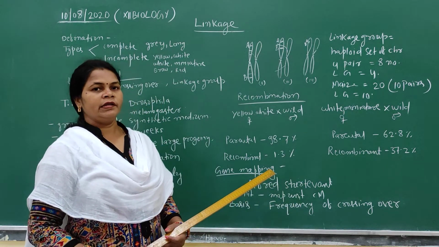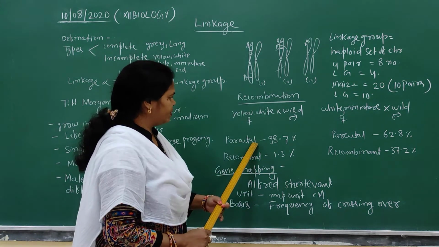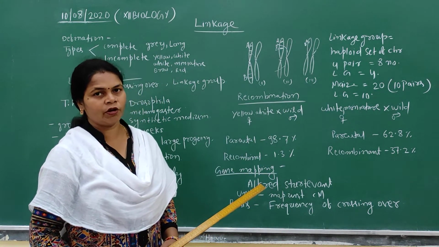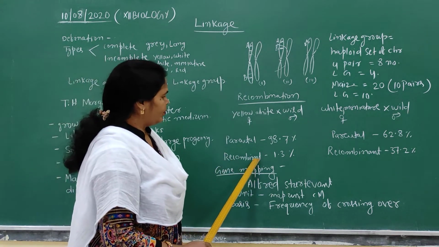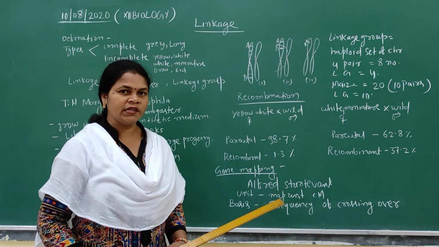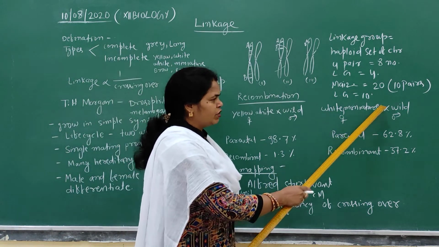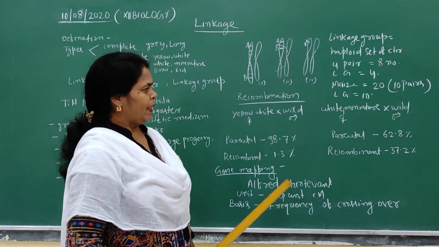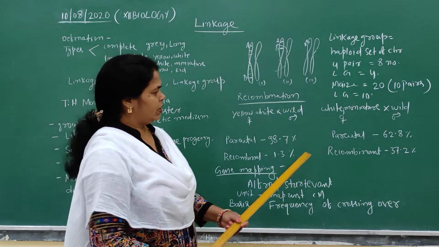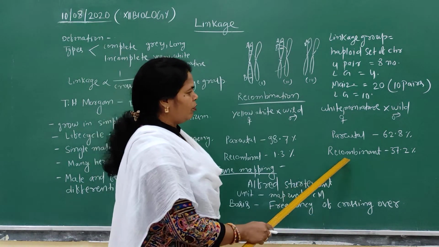and he obtained the offspring in the F2 generation in the following ratio: 98.7% parental type offspring, and 1.3% recombinant type offspring. Again, when he crossed the white-bodied, miniature-winged fly with the wild type and intercrossed the F1 progeny, in the F2 generation he obtained 62.8% parental offspring and